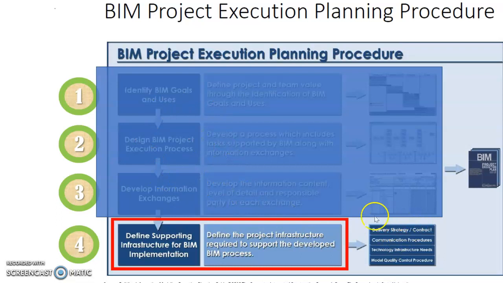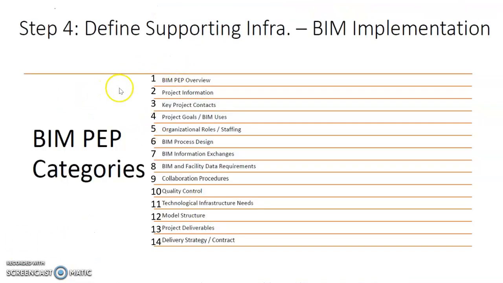So that includes, for example, the delivery strategy, the contract strategy, communication procedure, the type of design platform or coordination tools platform that we need. How do we ensure quality of the different models when they are handed over by the different users, and so forth. So typically, step 4 will cover all these 14 areas,